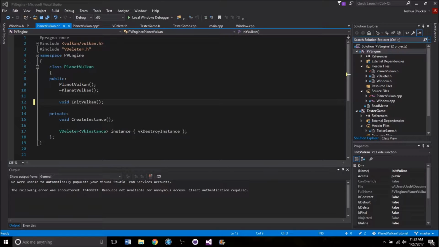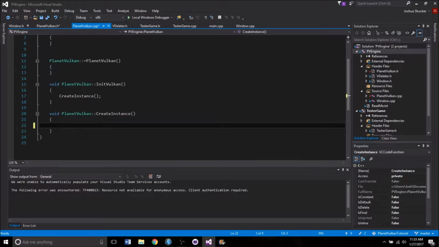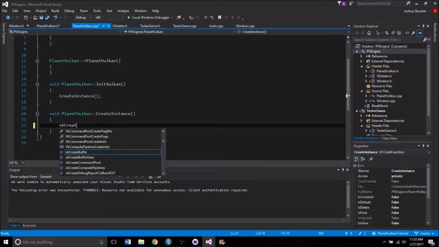To create a Vulkan instance, first off, we need somewhere to store it, and we already have that. We have the v-deleter right here. The instance is wrapped in the v-deleter, but nothing's been assigned to it. So we already created a create instance function, and it's empty. The function that we want to call to create the instance is real simple. It's vkCreateInstance,